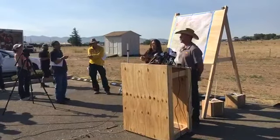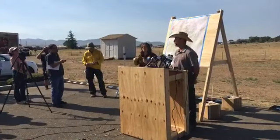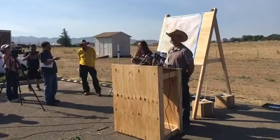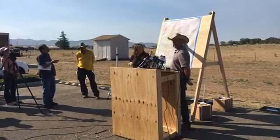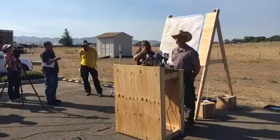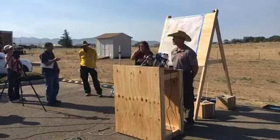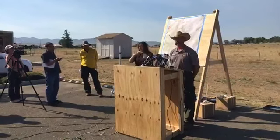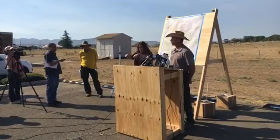We had an intrusion into our fire area yesterday, and I want to give you an example why it's so important that the public not fly unmanned aircraft or drones in the fire area. When you look up into what we call the Breezy Pines area, there's a bunch of structures in there. When that fire went through there yesterday, it put fire next to some of those structures. And what we were doing yesterday to keep fire from getting to those structures is we were using bucket work from the helicopters to drop water on those hot spots so that it wouldn't get to those structures and cause